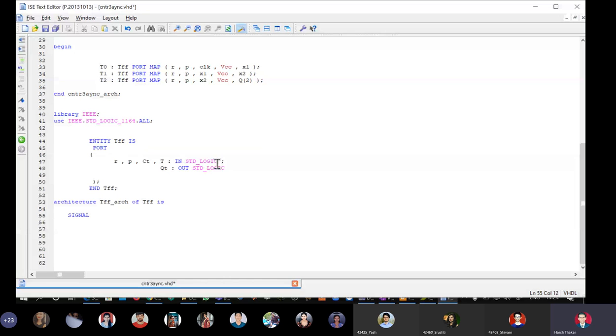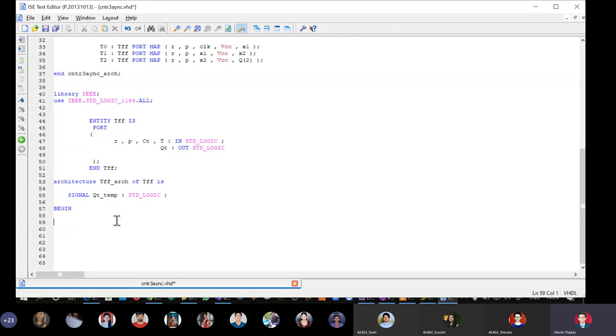We can say QT_temp colon std_logic semicolon. Begin, and here we can write down process. It will be all the input signals reset, preset, comma CT, that is a clock, comma T, that's it. And here we have begin,